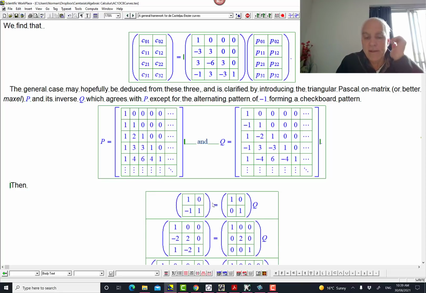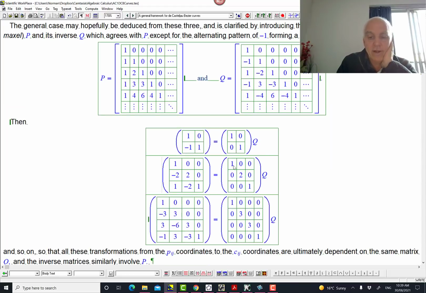Great. Okay, so then these matrices that we were obtaining, these change of basis matrices, that we went from the P's to the C's. Okay, you remember this one here? That was in the linear case, and this is the quadratic case, and this is the cubic case. These change of basis matrices you can then test are just what you get when you take this big matrix here and multiply it by, in this case, this 2x2 identity matrix.